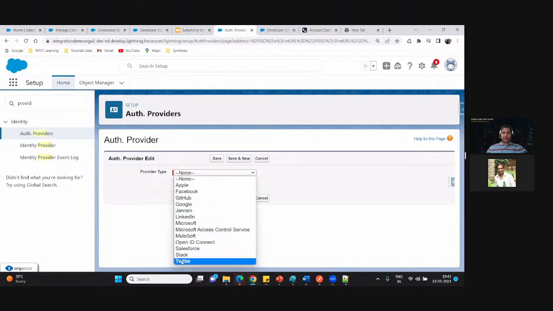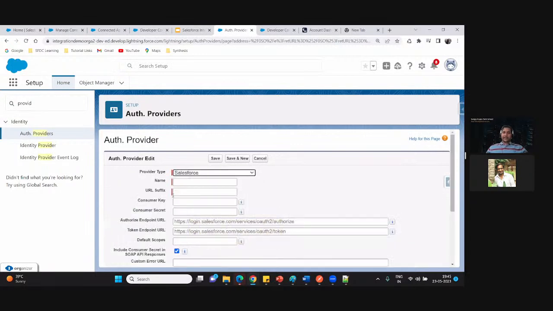With the help of these auth providers, you can connect with different types of systems, like GitHub, Microsoft, MuleSoft, Salesforce, Twitter or LinkedIn. You can use these auth providers for their own type of authentication. Here I have to connect the integration. I have to do this integration with another Salesforce org.